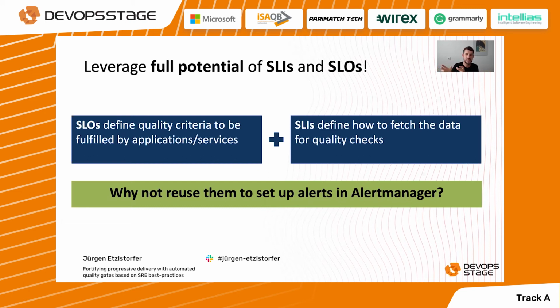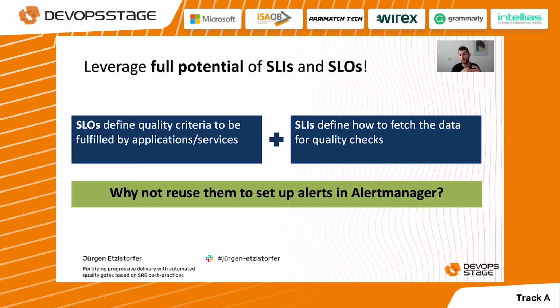So we can base our alerting on the same input files because we have already defined the needed quality checks or the needed quality criteria for our microservices and applications. And it's not unrealistic that you deploy it to production, everything looks good, but you cannot really foresee all the user interactions. You cannot really foresee the traffic that is coming to your web services. So there might be an increase of the traffic. There might be some unforeseen user actions on your